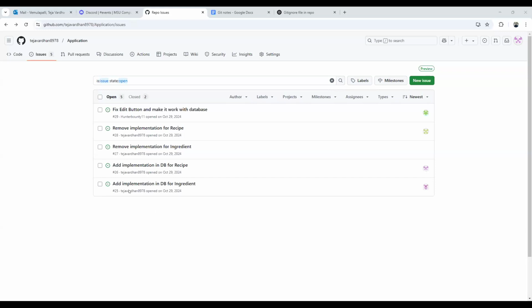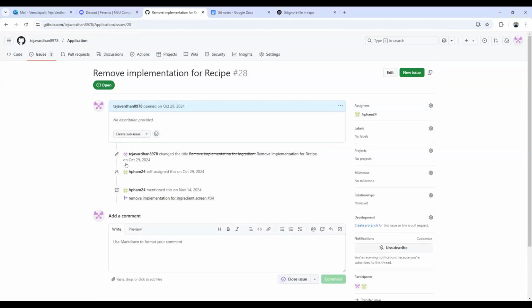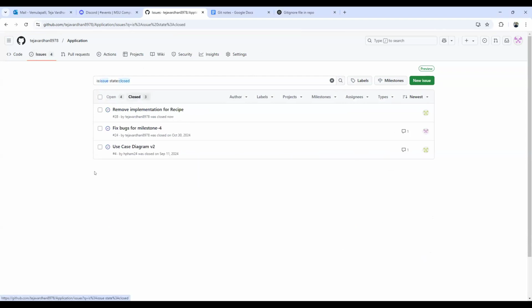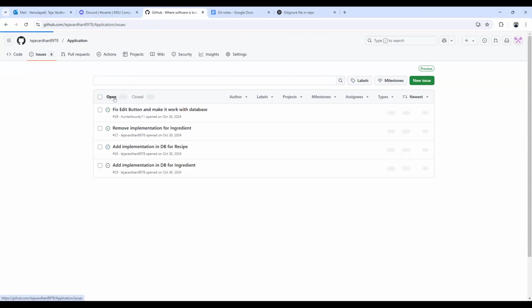So this is one way you can use the issues. Like how Banji said, instead of having all of them in one issue, you could just create a bunch of issues, and then you can assign each one to each member, and once it's completed, you could just close the issue, and it's marked as closed. So this is quite helpful actually.